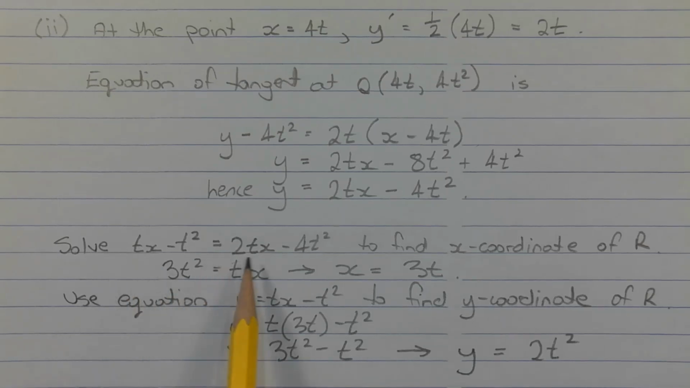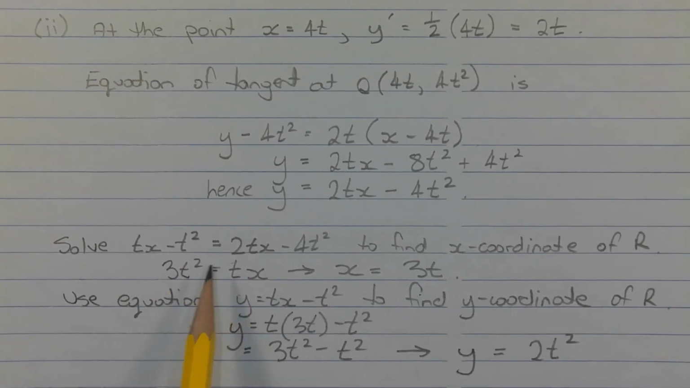Let's go back to our simultaneous equation. So I'm going to move the terms involving tx over to one side. So I've moved them over to the right hand side. So we have 2tx minus tx gives us tx on the right hand side. And on the left hand side, I've left the negative t squared there. I've added 4t squared to it, and we get 3t squared on the left hand side. So dividing both sides by the parameter t, of course assuming t is not equal to 0, we get